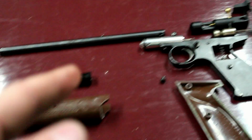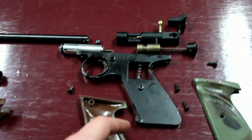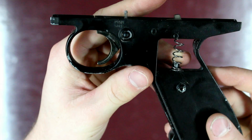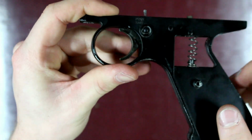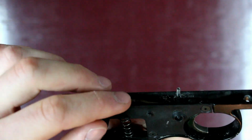Alright, guys, so far we've got this much of the 1377 disassembled. As you see, we've got the piston there and the whole hammer assembly. So that's what it looks like, completely disassembled almost. I'm going to go and disassemble the trigger part now. Alright, guys, so the next thing we're going to tackle is the trigger assembly right here. So let's start by removing these 3 screws here without losing the spring or any of